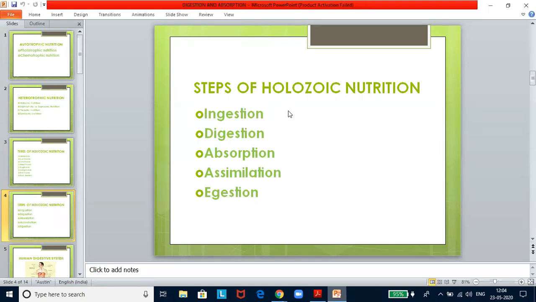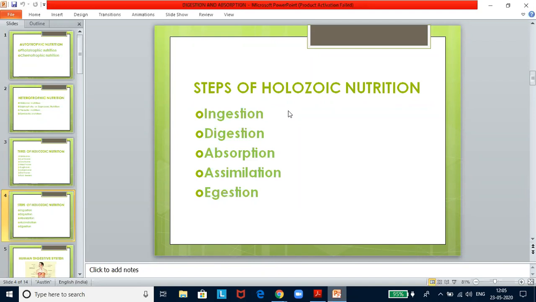Now, absorption is the process by which the digested food is absorbed within the cytoplasm of the cells or through the cell lining in the alimentary canal. These absorbed food molecules are then used for construction of their own molecules or body substances during assimilation, as a result of which the protoplasm gets replaced in different cells depending upon the requirement of the cells. Now, egestion is the removal of the undigested food material or the waste from the body of the organism.